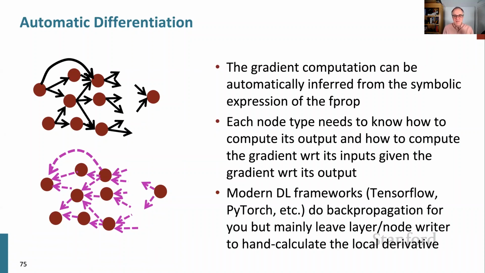So some of you might be familiar with symbolic computation packages. Those are things like Mathematica. In Mathematica, you can give it a symbolic form of a computation, and then it can work out derivatives for you. So it should be the case that if you give a complete symbolic form of a computation graph, then it should be able to work out all the derivatives for you,